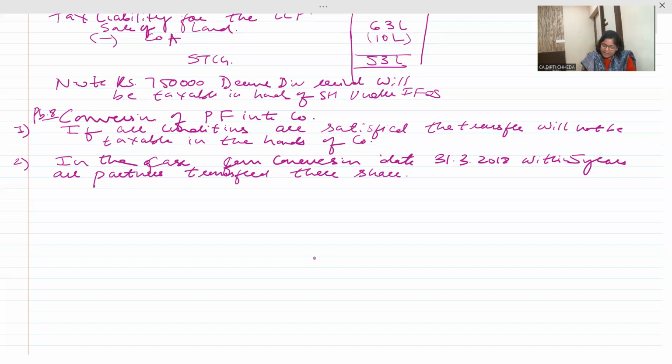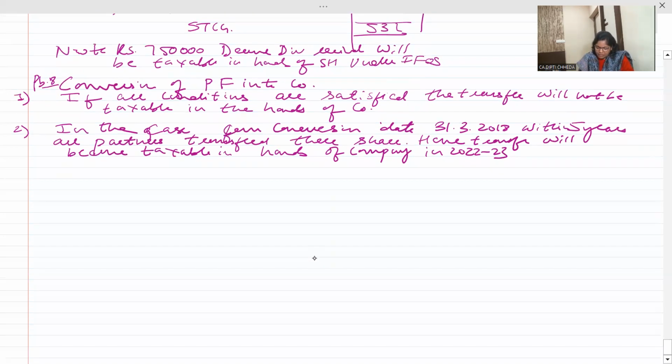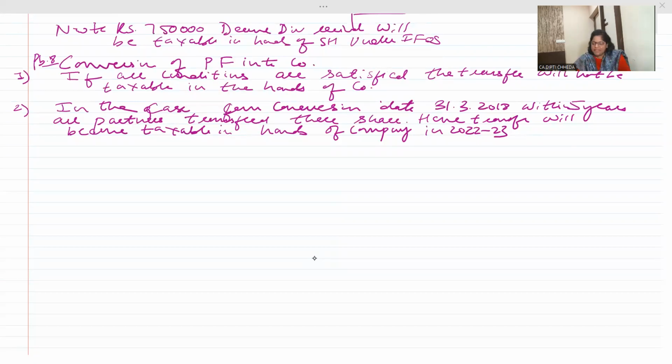So the condition is violated. Hence, transfer will become taxable in hands of successor. Who is the successor? Transfer will become taxable in hands of company in 22-23. Are you all writing? Please listen and write if my writing is not clear. This transfer is taxable in the hands of the company in 22-23, but